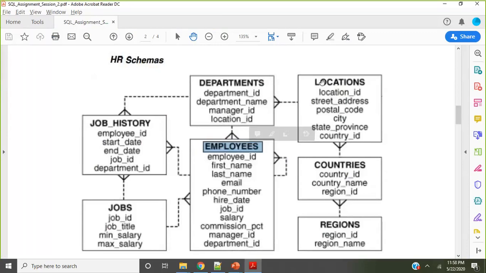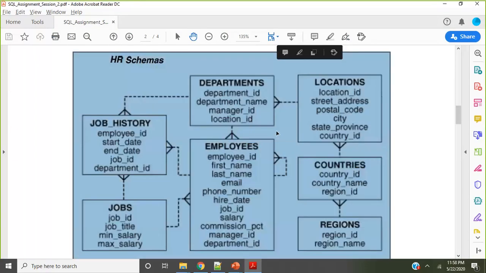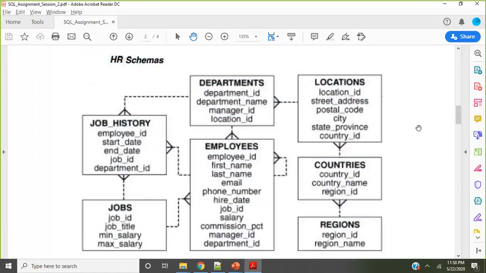In the same way we have location, country, regions, jobs, and job history. They are connected to each other because this is a relational database. Relational database is also called an RDBMS.